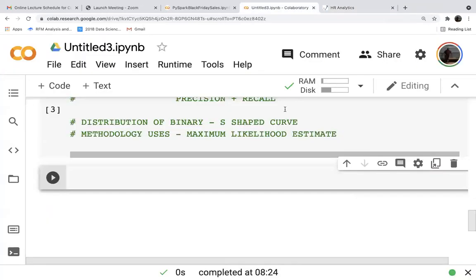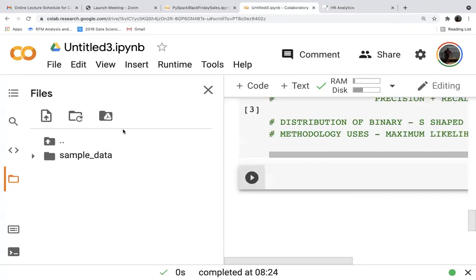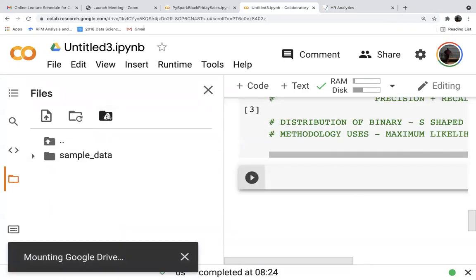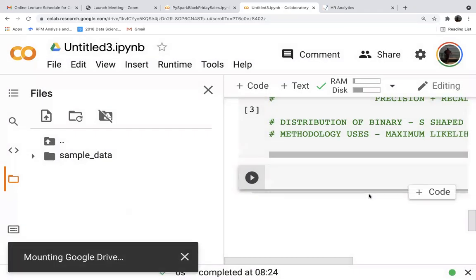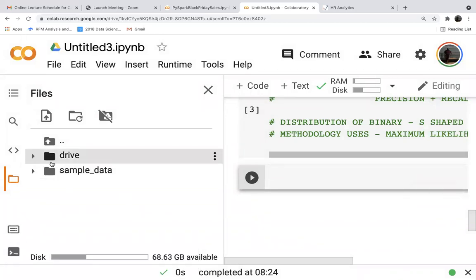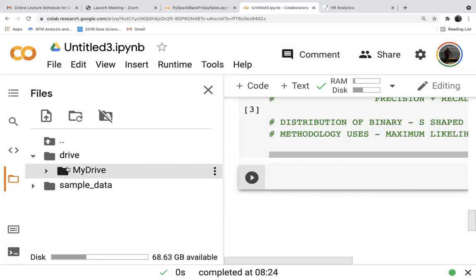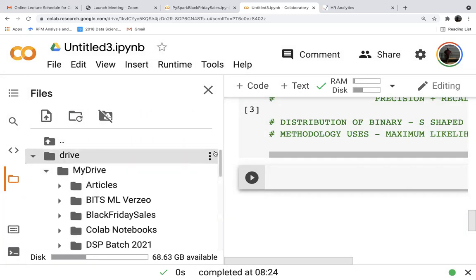Okay, so all of you have downloaded the data and imported the data. Sir, what is the name of this data set? HR analytics.